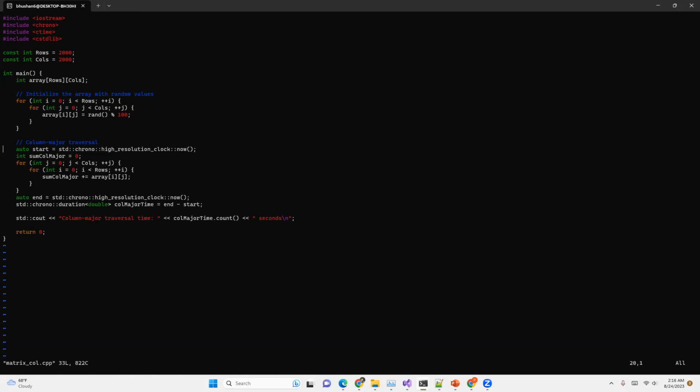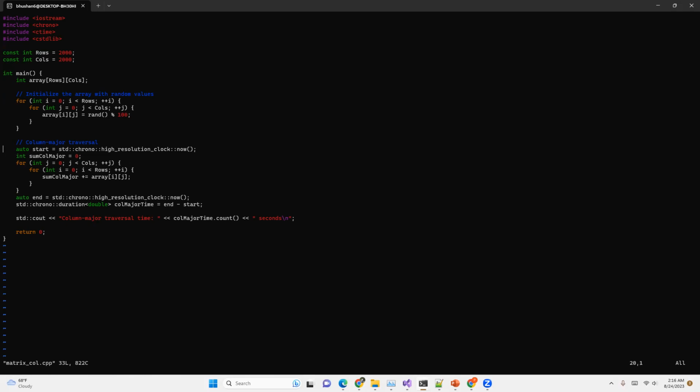You're not accessing the memory linearly. So you're not doing 100, 104, 108. You're doing 100, then let's say the next row starts at 200. The first column of the next row starts at 200. So you're jumping from 100 to 200. If you do this type of memory access,